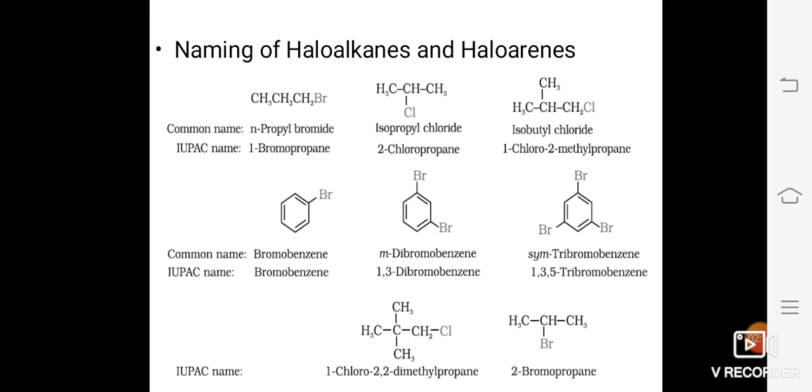In the third example, it is CH3CH(CH3)CH2Cl. It is isobutyl chloride. So it has 4 carbon atoms, hence it is butyl. Iso is for branching, and therefore the compound is isobutyl chloride. The IUPAC name is 1-chloro-2-methylpropane. The carbon carrying the halogen atom is given more preference, and hence the naming is done from left